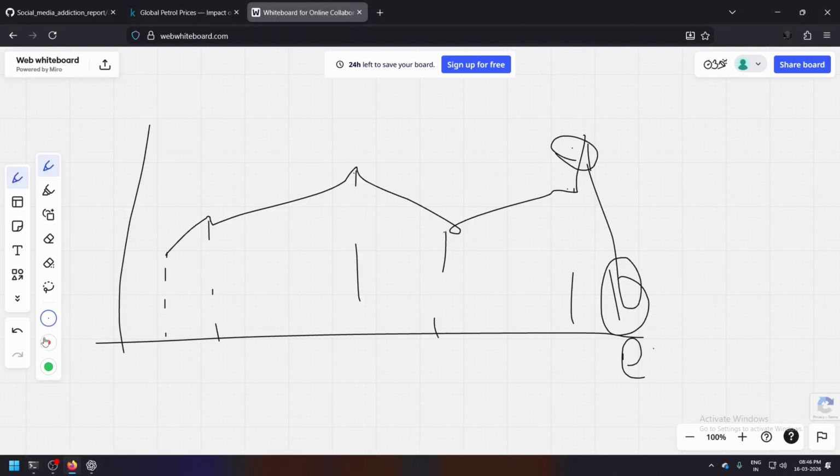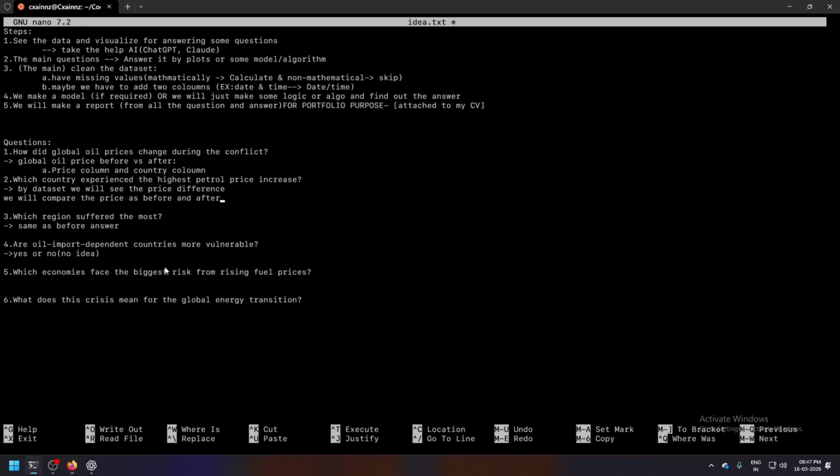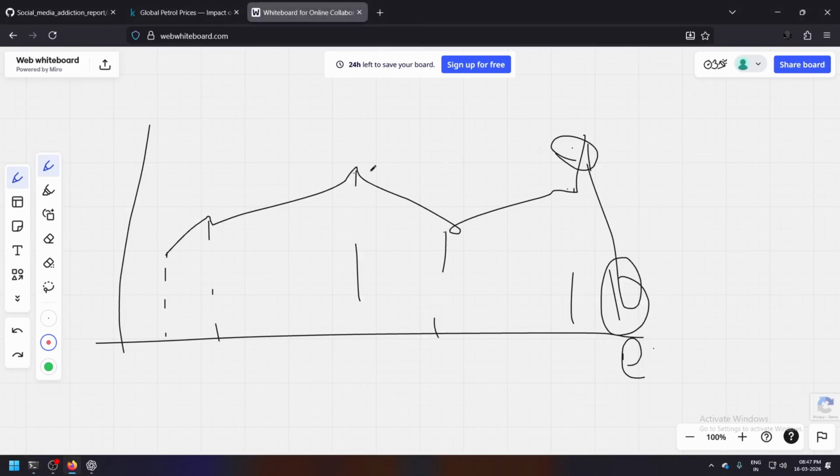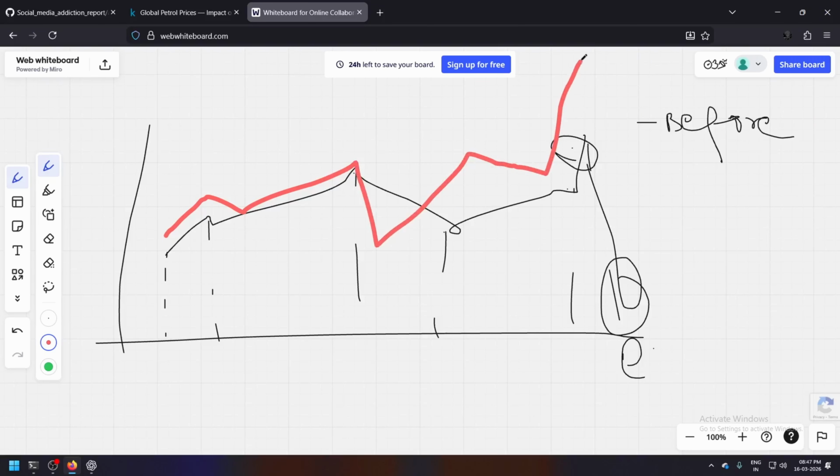Let's say we have this dataset, and this line is for the before one. If I change the color, so this one is for the before one, and let's say this color is for the after one. So some countries have a dip, and some countries have an increase.